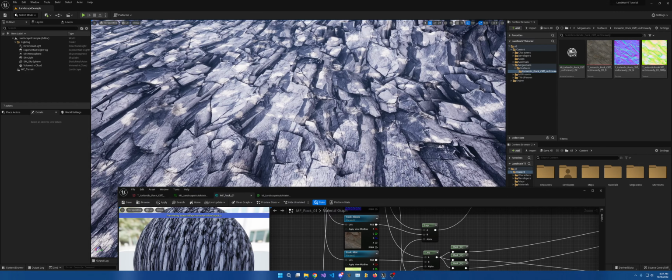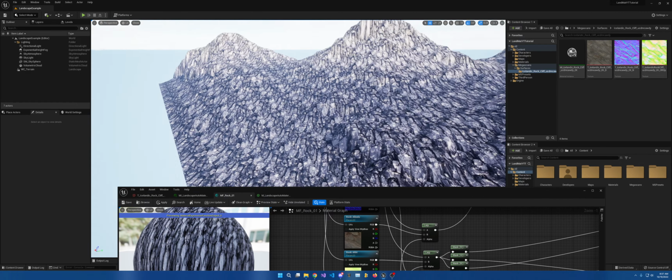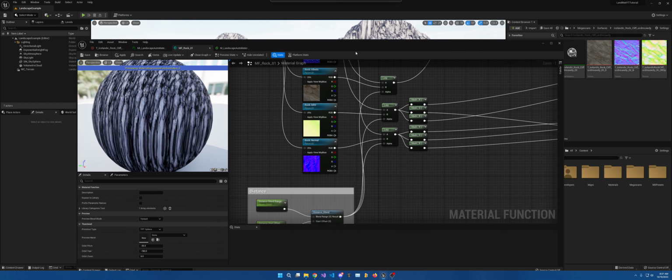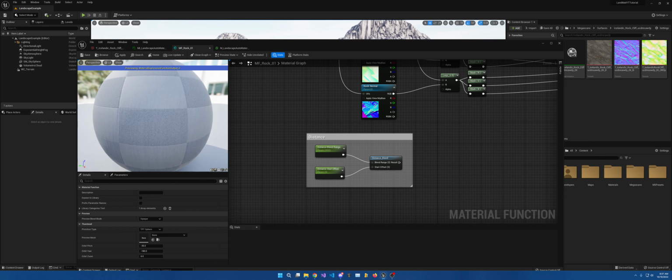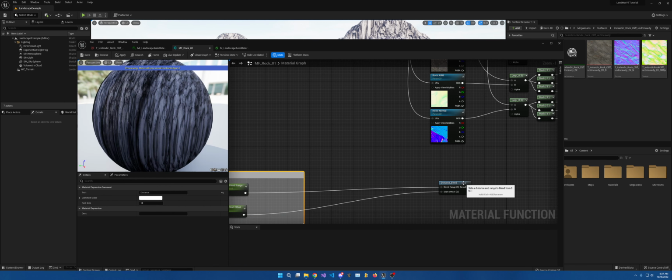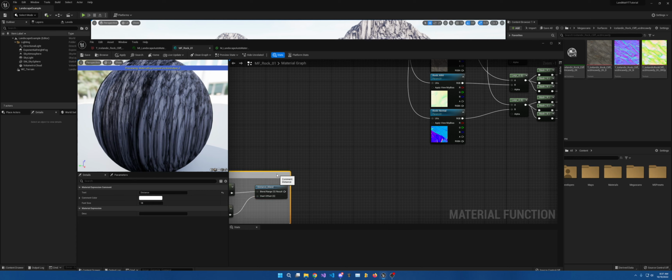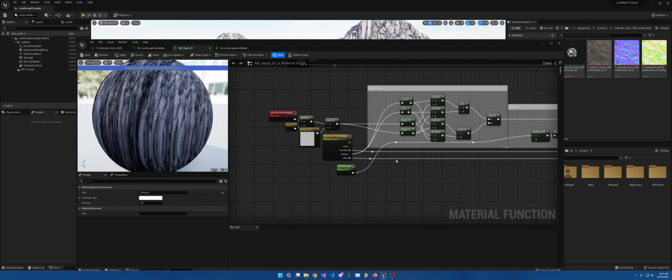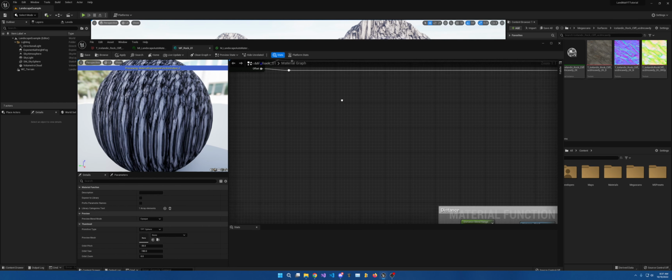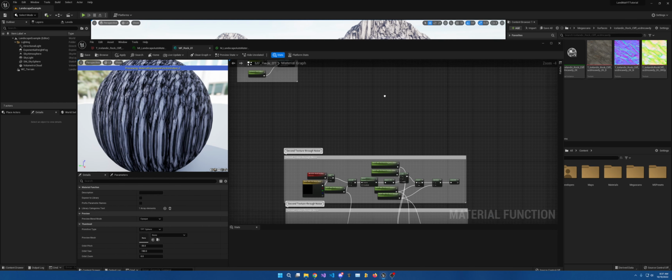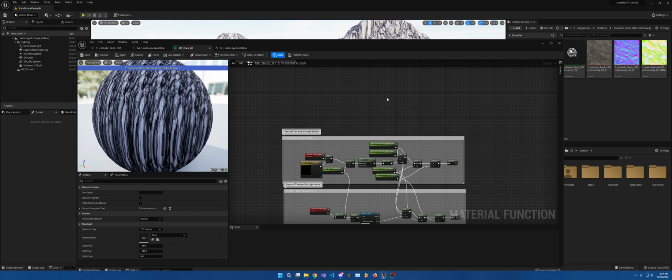So if you're like me and you don't like how this type of anti-tiling works, don't fret. We're going to change that. Oops, that should have stayed with it. I'm going to connect this back up to this. Delete that because I don't want it. The first one we're going to go over